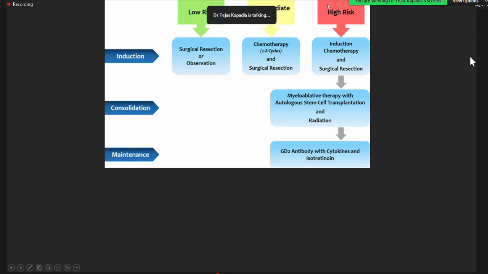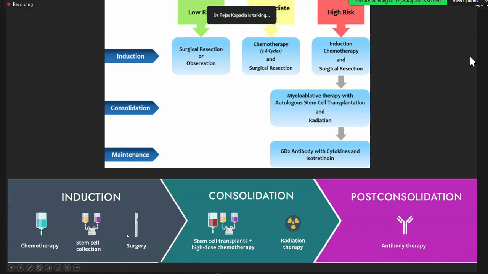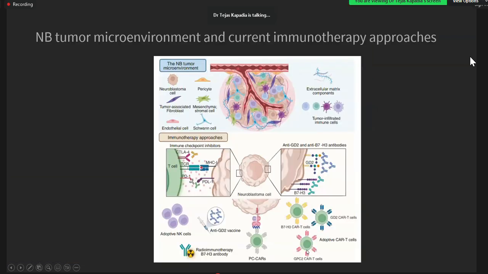So the high risk category, especially with the abnormal oncogenes and MYCN status, they have to undergo quite a longer treatment period compared to the low risk and the intermediate risk. And that's what I was talking about. So this is a chart showing the treatment for the high risk group. Okay, so